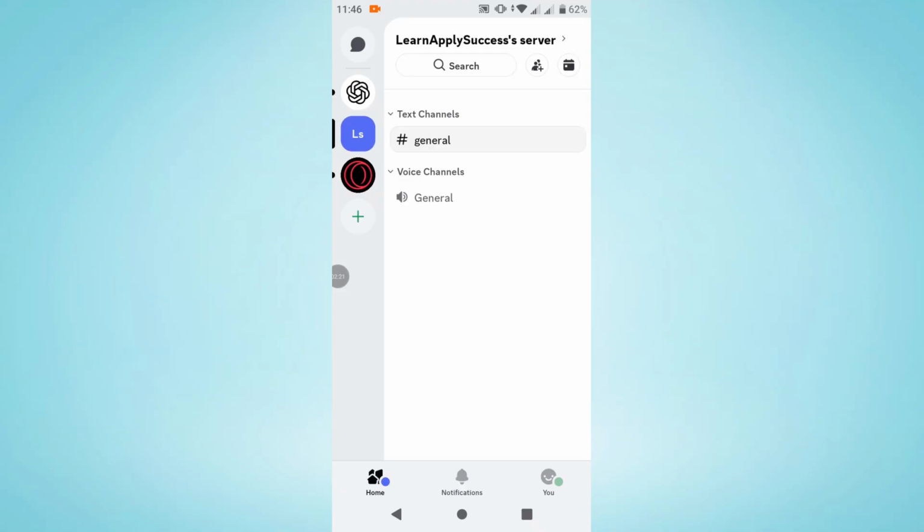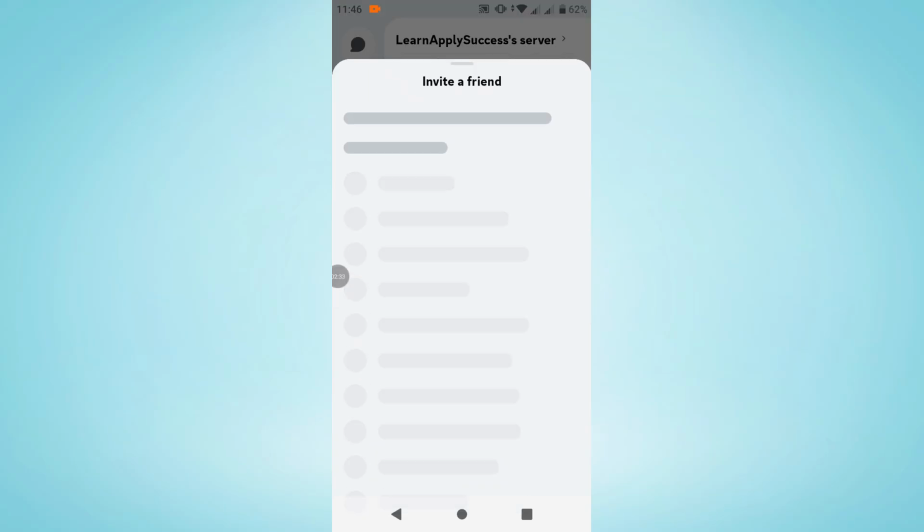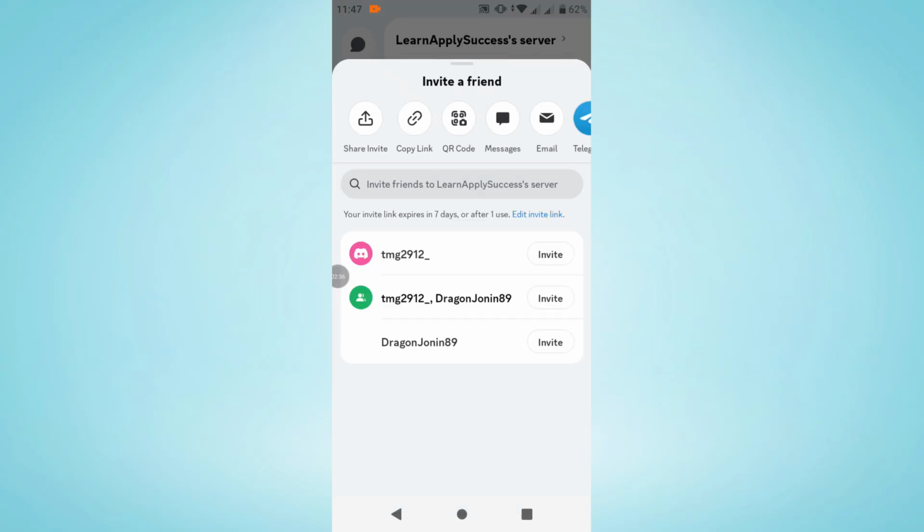So what you want to do next, here inside your server, is tap into that small contact or plus contact button here in the top right corner next to search, and after that you will see your list of contacts and friends. So simply tap into invite here to the right of the given username to invite the given